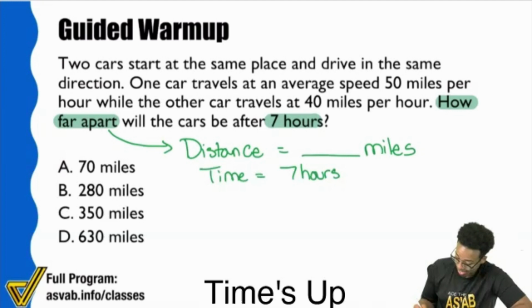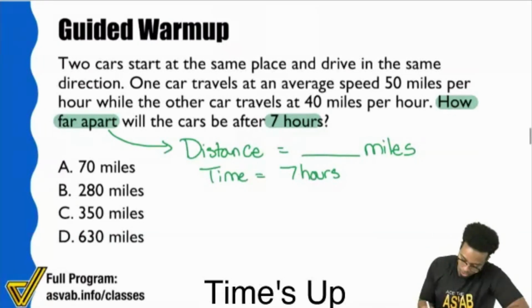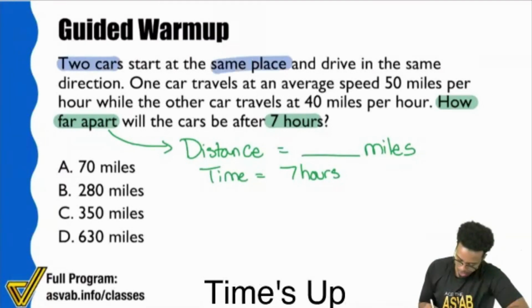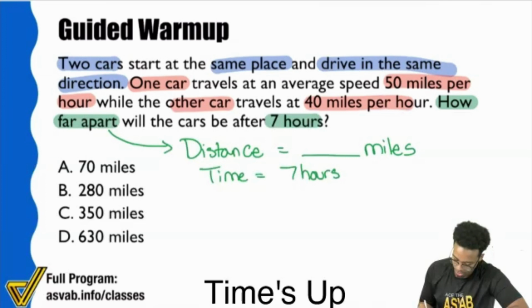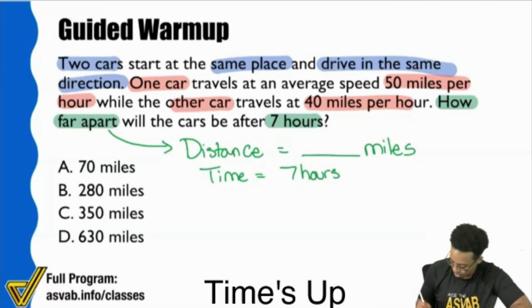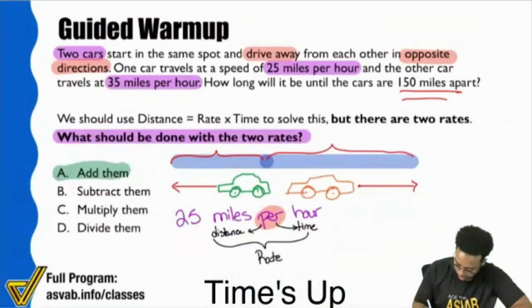Next, we're going to go ahead and take down the information from the problem now and see what we can do with that. So here, 2 cars start at the same place and drive in the same direction. Oh, that's pretty interesting. 2 cars, same place, same direction. Okay. 1 car drives at 50 miles per hour, other car 40 miles an hour. So we have 2 cars driving in the same direction. If we're going to go ahead and kind of highlight this, allow me to go ahead and take my drawings from earlier.